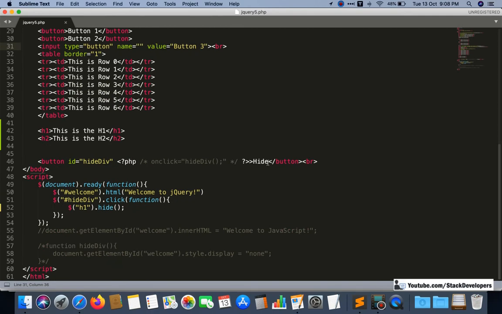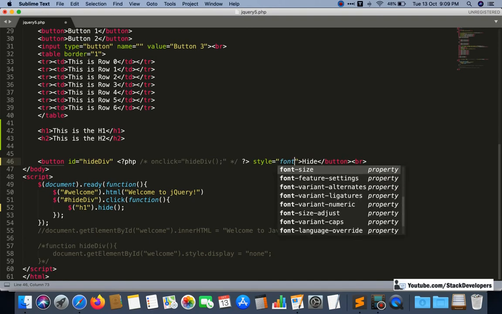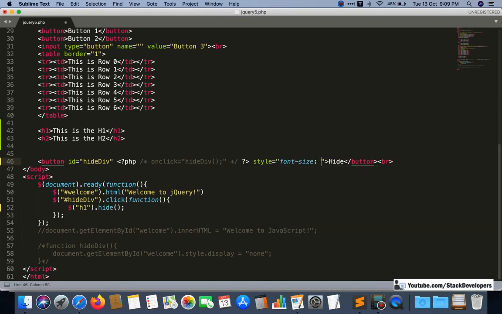So I will make it like this, hide, and okay. So I am going to give some inline CSS to it, font size like this, okay.